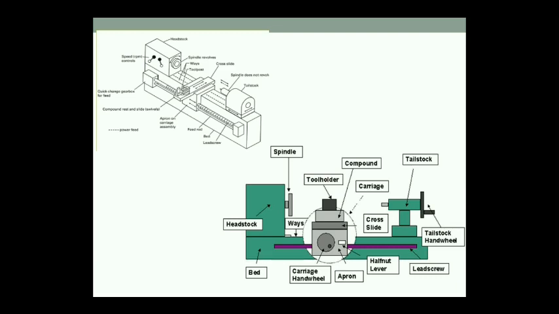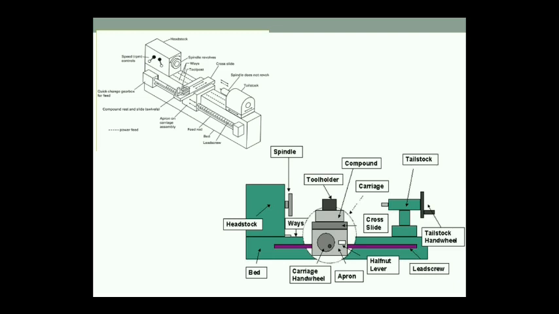The more details we will see it. On the right side of the picture you can see that one more part is there, which we call a tailstock. It plays a very important role. It helps in holding the workpiece and also it helps in holding other devices. Later we will discuss about this. So now we try to understand the function of each part of the lathe machine.